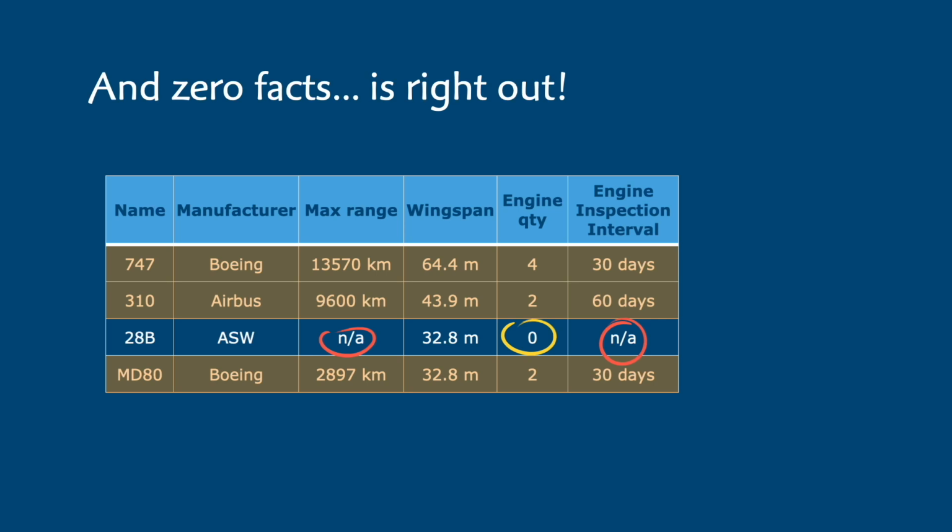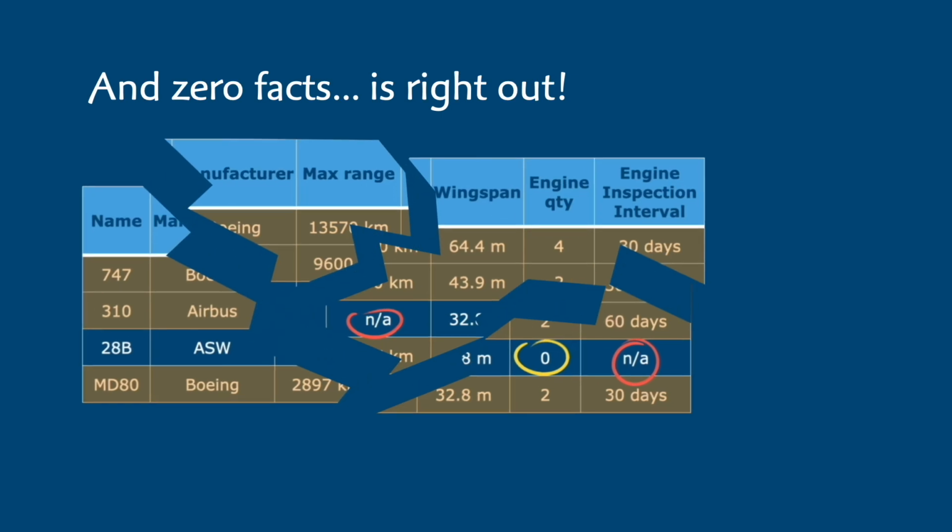If you haven't guessed it already, what these not applicables are telling us is that our classification is broken. Not all instances are really the same, certainly in terms of their characteristics, and that breaks our class definition. Gliders are a special case. So we need to adjust our classification somehow. I recommend pausing the video and thinking about how you would refactor the class to eliminate the need for the empty cells.